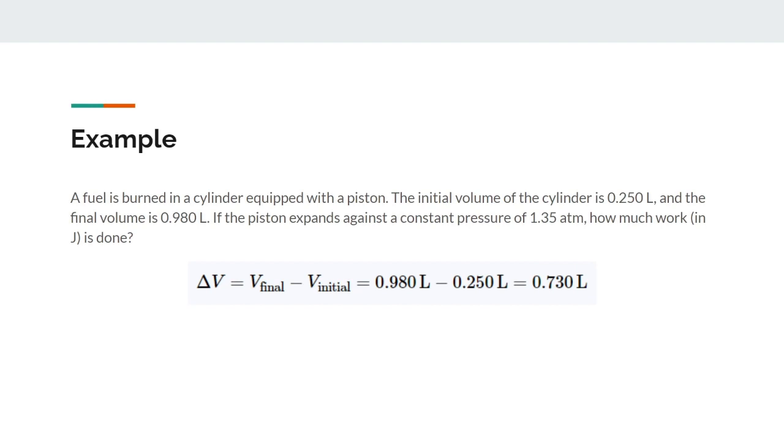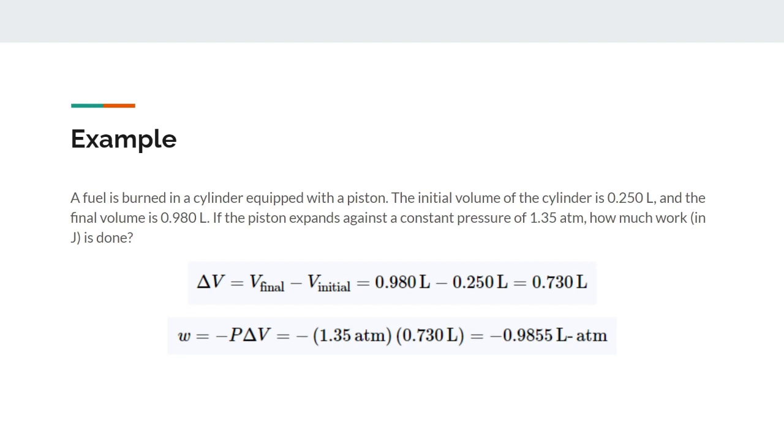You just take the 0.98 liters, which is the final, minus the 0.25 liters, which is the initial, and we're left with the delta V being 0.73 liters. And then after that, we just have to plug it right into the PV work equation. So we have negative 1.35 atmospheres, which is the pressure, times the delta V, which is 0.73 liters, which leaves us with negative